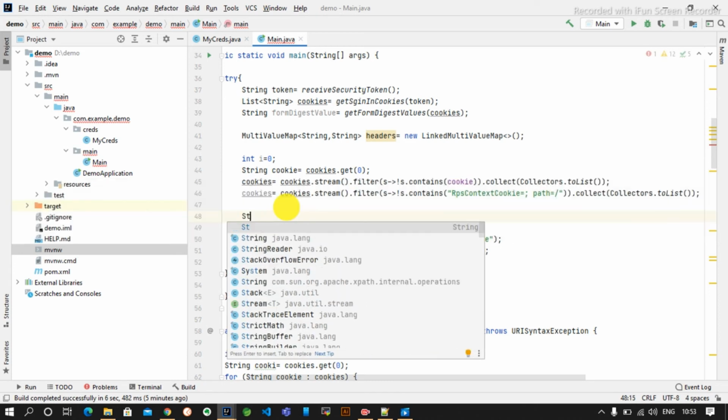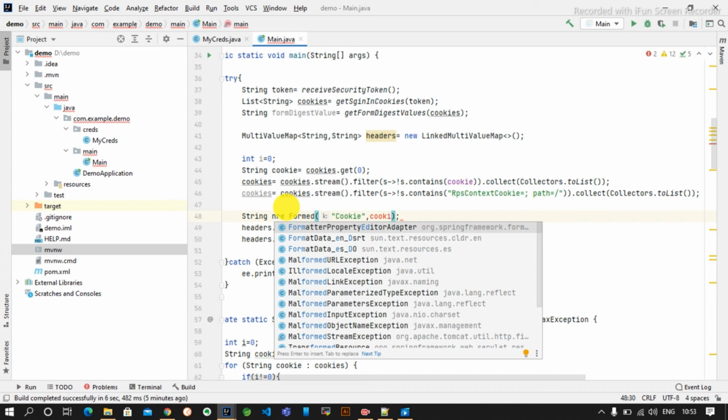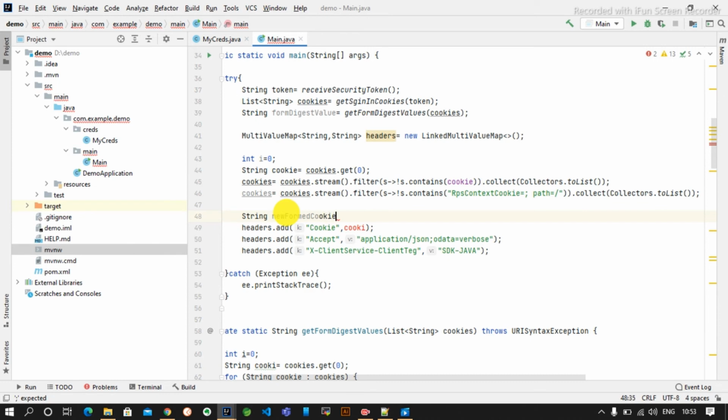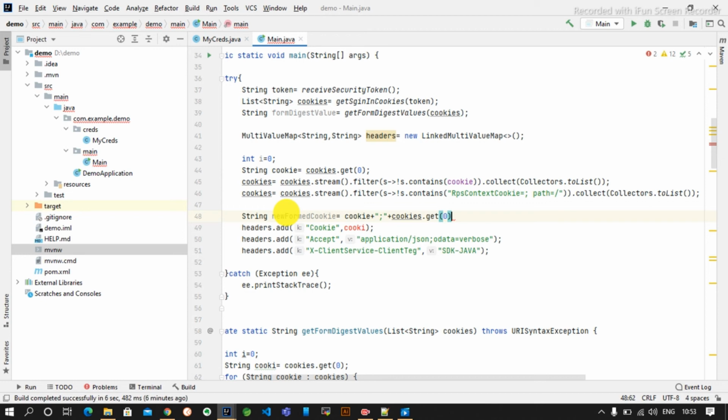String new formed cookie is equal to cookie plus semicolon plus cookies dot get 0. Okay, so here we have got the cookie. Now we will use this new formed cookie.